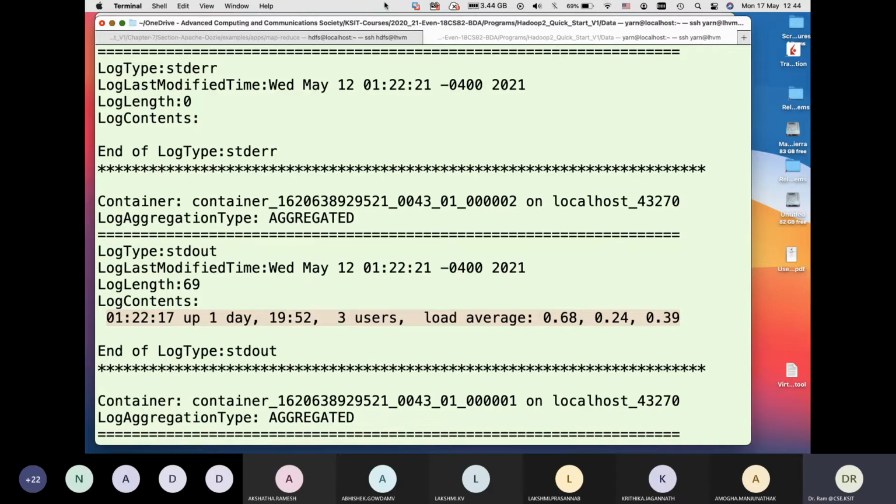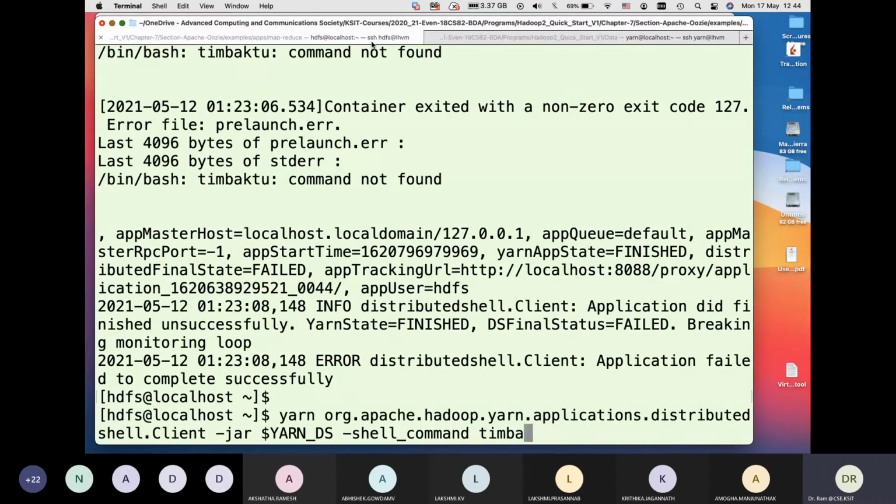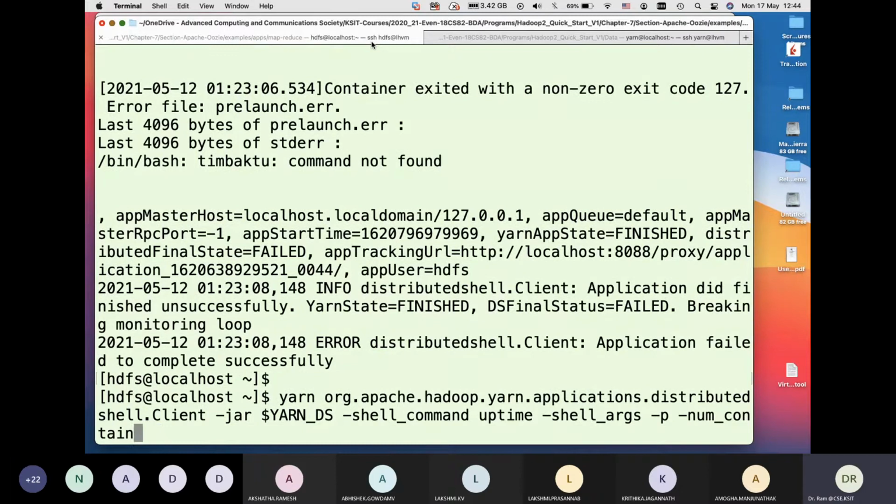If I were to run other programs, let's say I run uptime, and I want to give shell arguments, let's say minus p for pretty, and I want to run it in 4 containers. So I can say dash num containers 4.